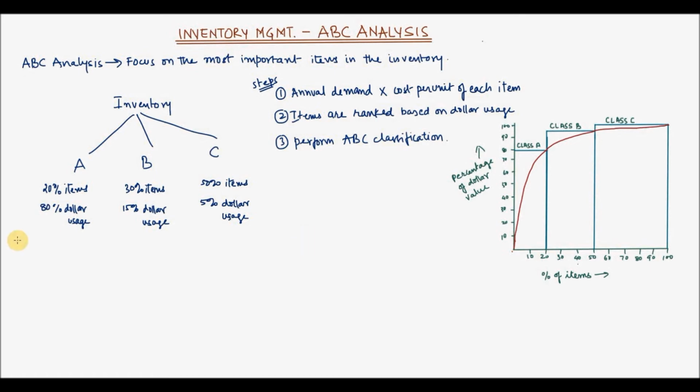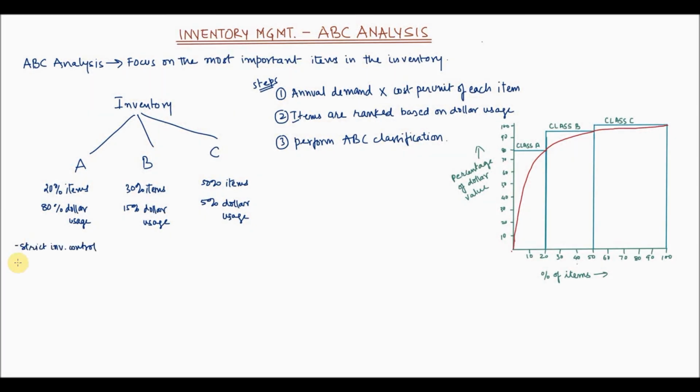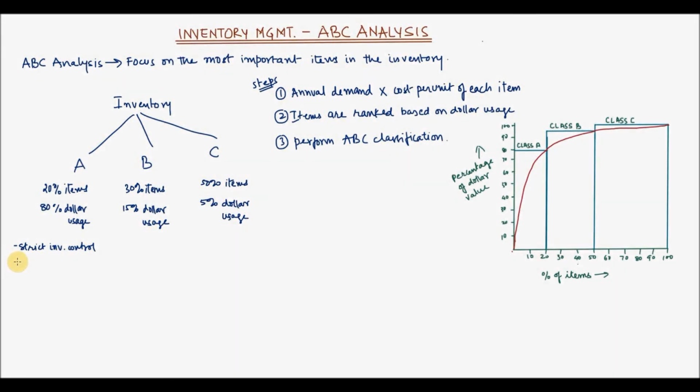Now class A items constitute the bulk of the dollar value, and hence they are subject to strict inventory control. Attempt has to be made to reduce the average lot size and to keep the inventory records accurate. For example, if the records show that the on-hand balance of an item is 100 units, but the actual inventory balance is 200 units, then it means that the extra 100 is not known to anybody and that costly inventory is being carried needlessly.